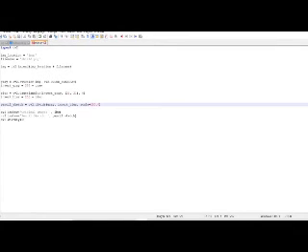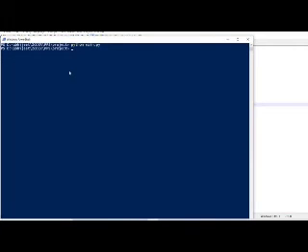Now let's run our program. Here we go, our final pencil sketch image.